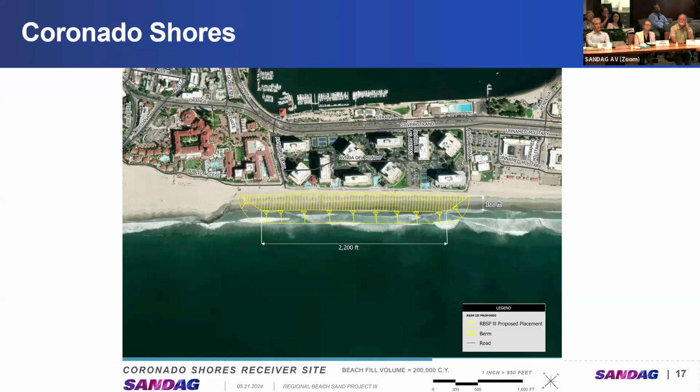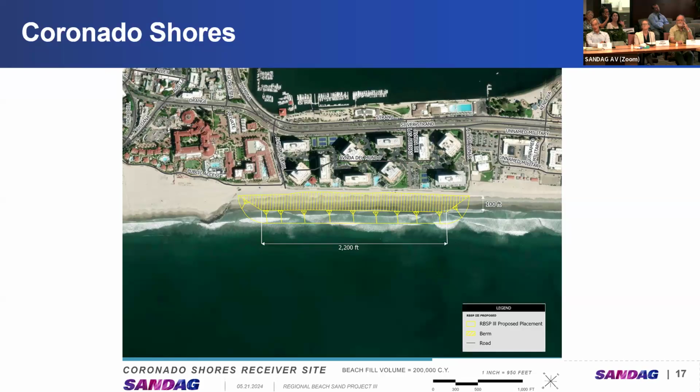And then heading to Coronado and hearing what the Coronado folks have said, right in front of the shores, there's a project anticipated that's a 200,000 cubic yard footprint that's over 2,000 feet long, extending from the groin in front of the Hotel Del down to Avenida Lunar. So it's basically South Coronado.